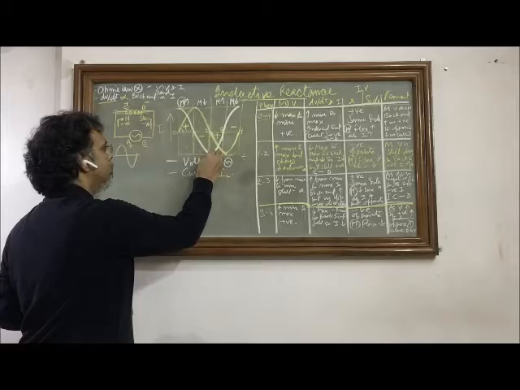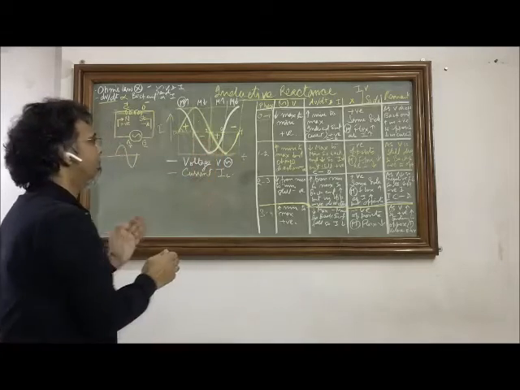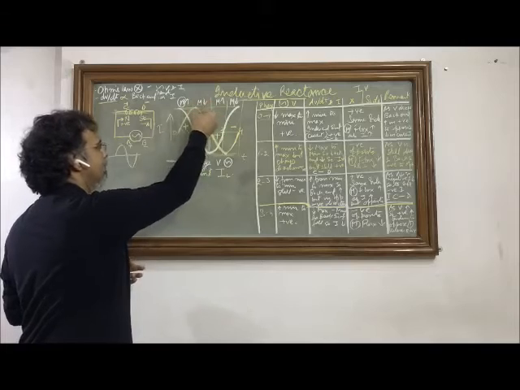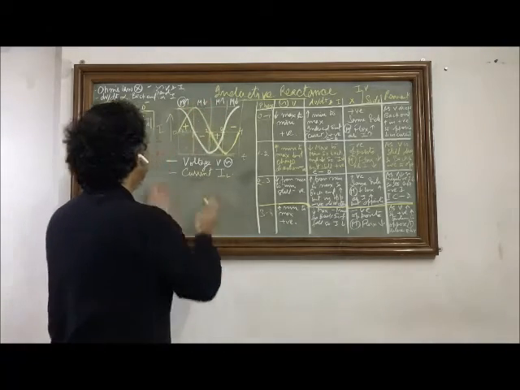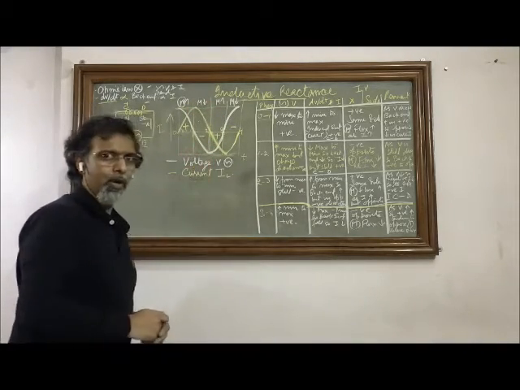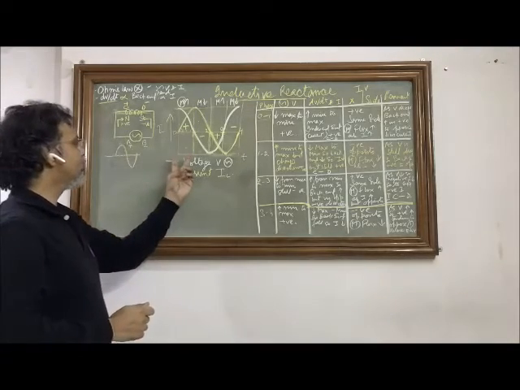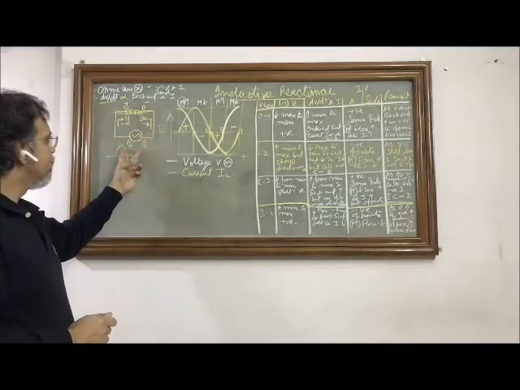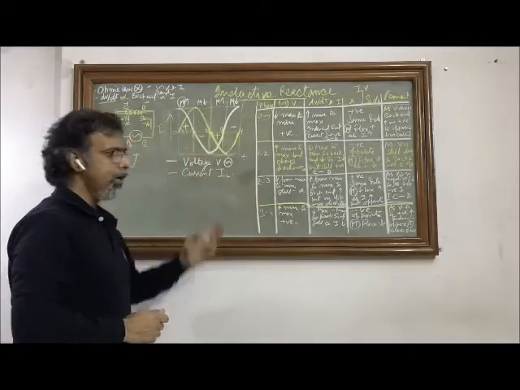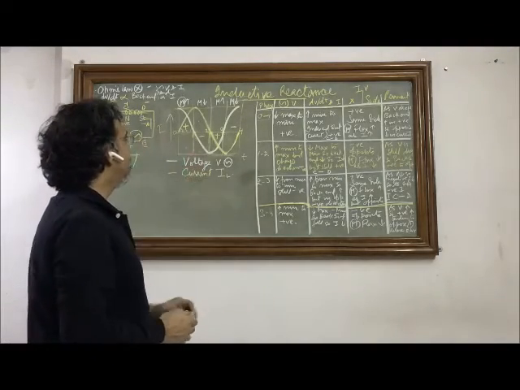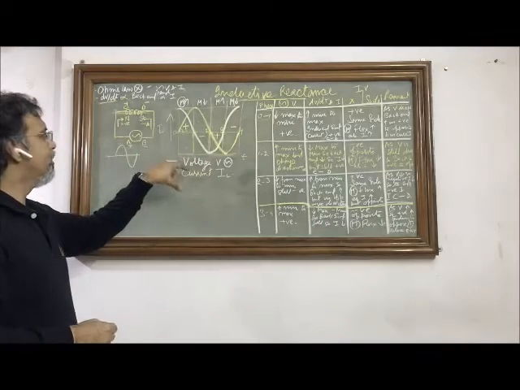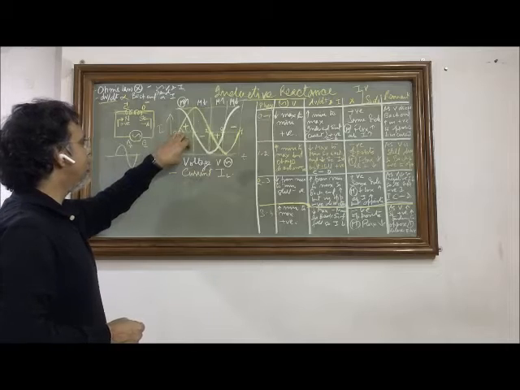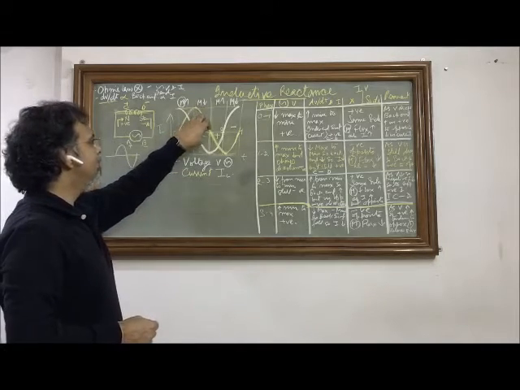Here, at the point when the quarter is ending, or the half cycle, this is coming almost to 0, so the back EMF has to come to 0, and it has come to 0, which is why the current has come to the 0 value. So in one half of the cycle, we have seen that in the first quarter it tried to support a declining positive current. In the second quarter it still tried to support a declining current, but whatever it could store in the form of magnetic energy in this process, it has to release in the second quarter.